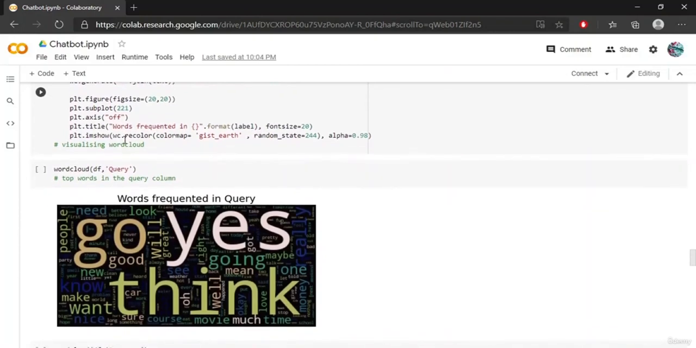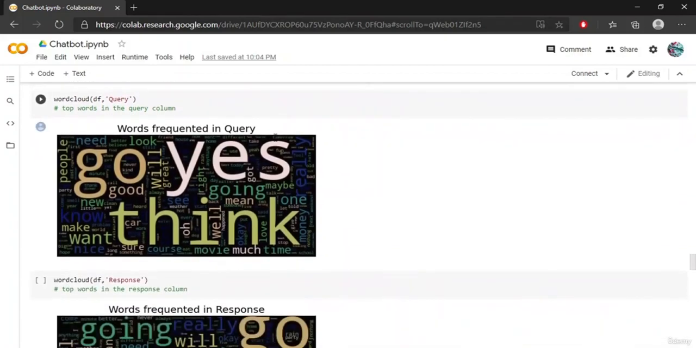And then we have used the frequently repeating words, and we have given a font size of that particular word as 20. And then we have used this color map called guest earth. And then over here you can see that we have given a random state that is 244. So what this does is that, let's say among five people, two people use the same random state, then they will have matching results compared to the other three. And then we have displayed our word cloud, where we have given the query column from the data